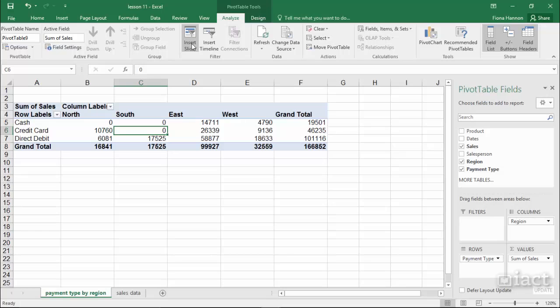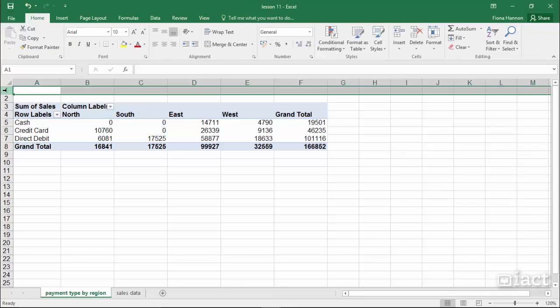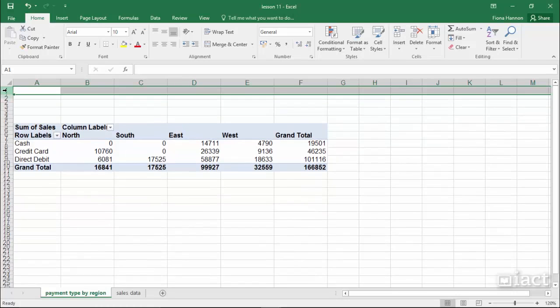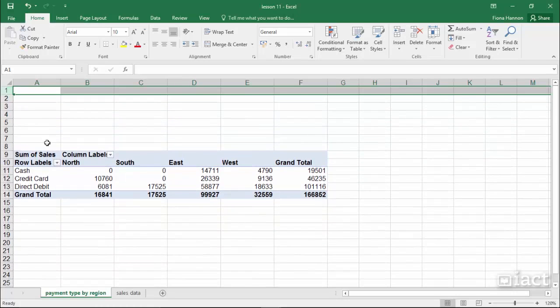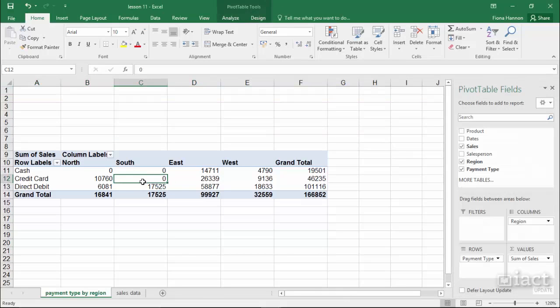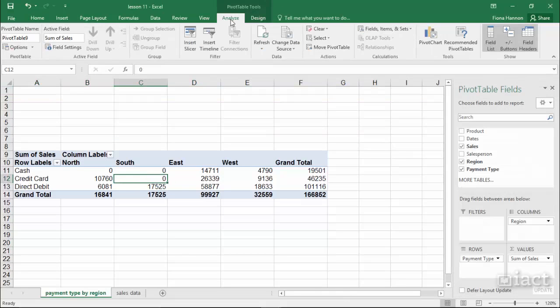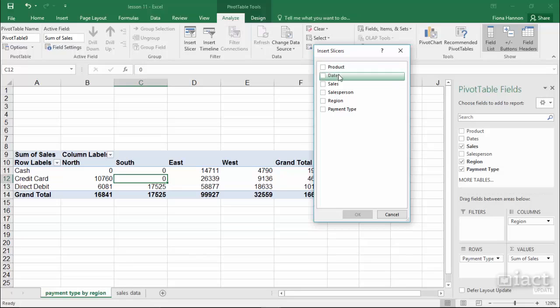It will give us buttons to click on, and then when we click the button, it will apply a filter to our pivot table. So first, we need the buttons that we can click on. In order to get a bit of space here, I'm going to insert some extra rows above this pivot table. Now I need to click into the pivot table and go to the Analyze tab to find the option Insert Slicer. Clicking on this, I'll see the names of all of the different fields coming from my data